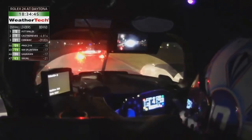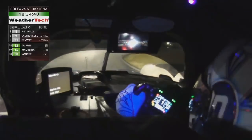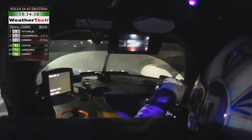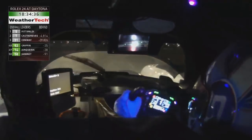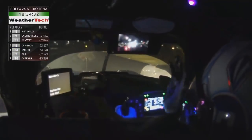But if Bourdais has to pit to change tyres because it dries up, you get that back. But he hasn't gained anything. He's net, he's about... It depends how long it takes for this track to dry. Because if Bourdais can carry on like this...